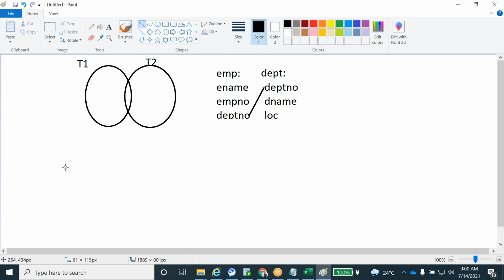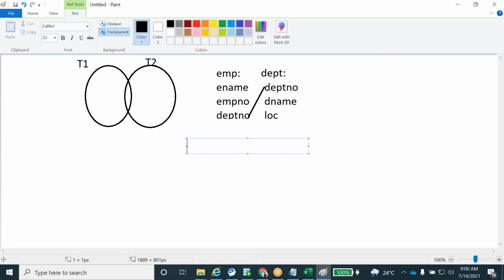First of all, we'll see the simple syntax of the inner join. Based on these two columns and two tables, I'm giving the syntax. Select star from EMP table, inner join DEPT table.